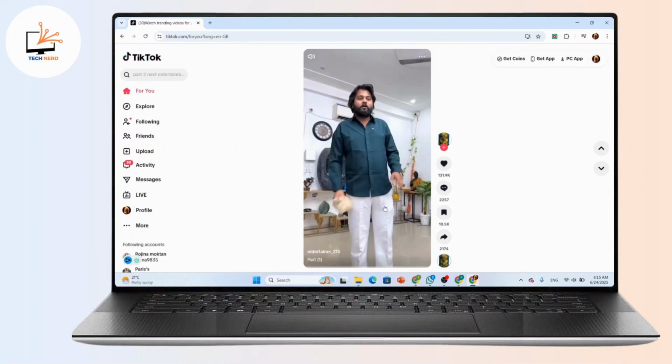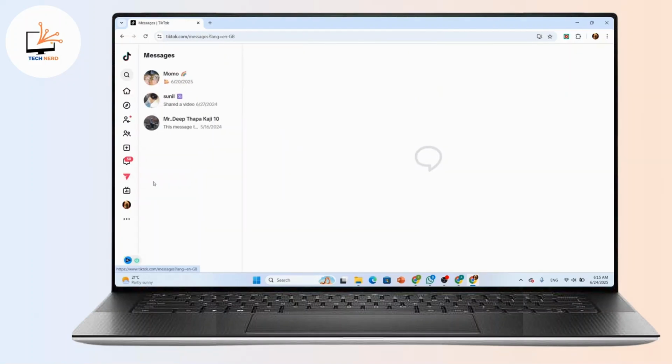And now here, once you're inside TikTok, just look at the right-hand side, and there you can see the option labeled as messages. So simply click on it and it will take you to the official TikTok DM page where you can see